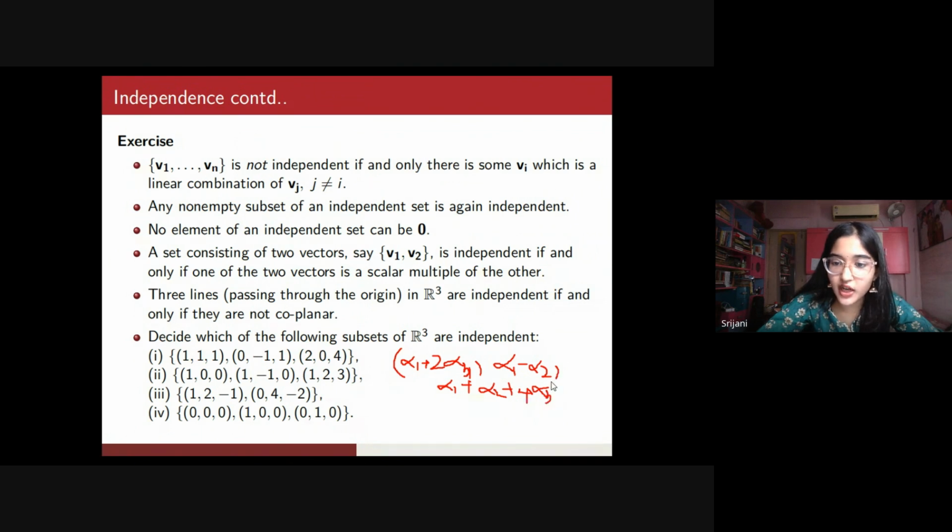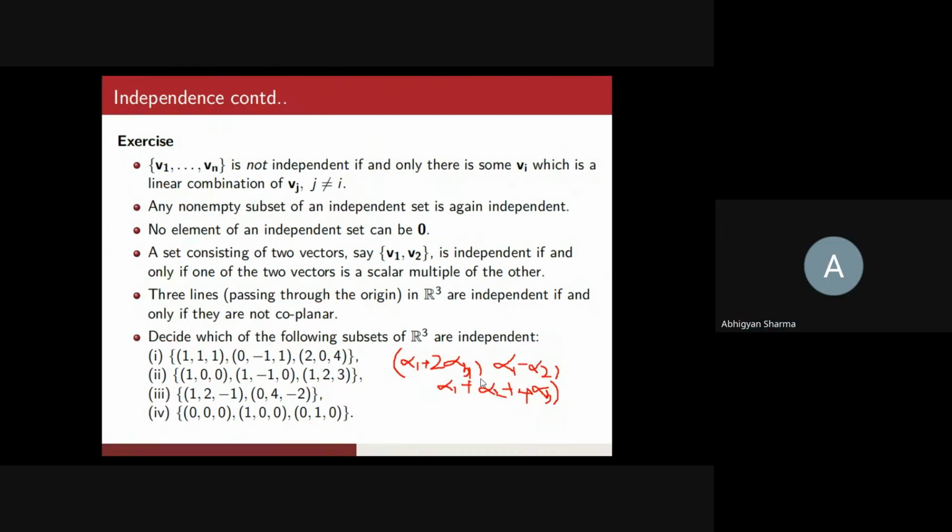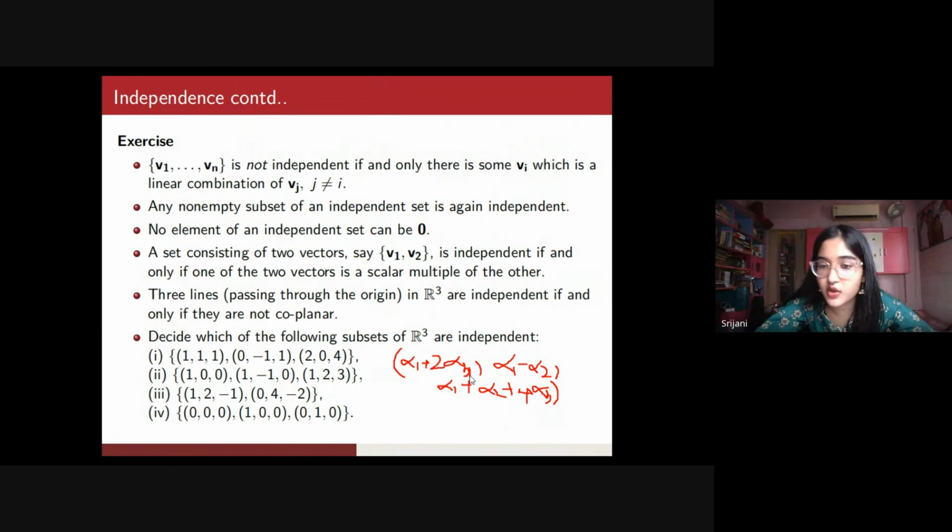So you have now three equations, right? And all three are equal to 0. This is equal to 0, this is equal to 0, this is equal to 0. Now if you solve that equation, will you get alpha 1, alpha 2, alpha 3 equal to 0? I haven't solved the equation, but